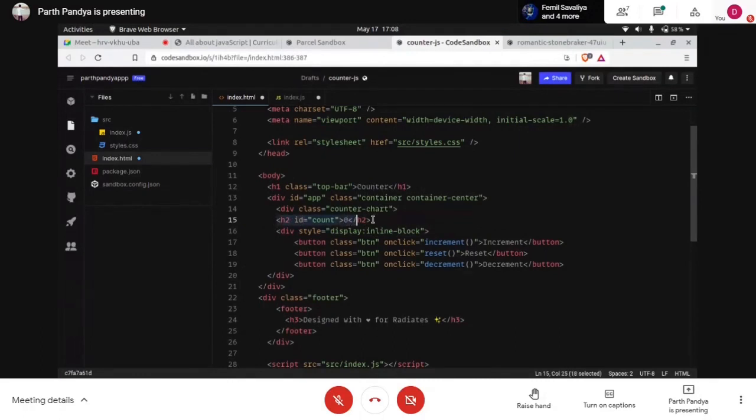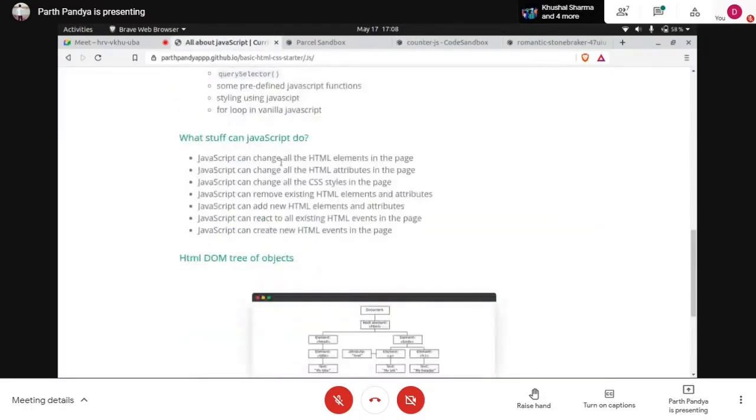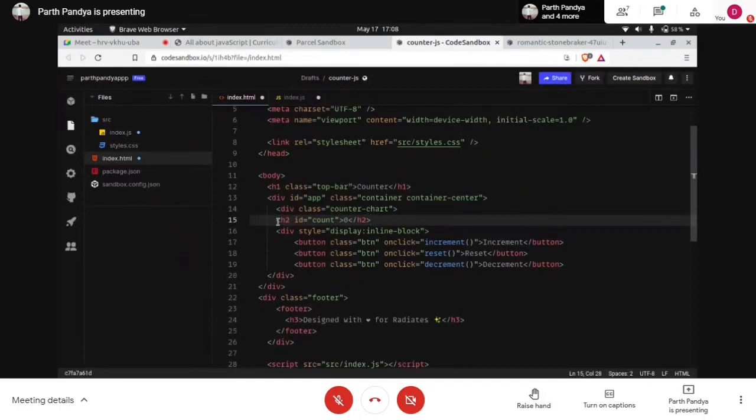So here we want to display it. And as we talked about before, JavaScript can change all HTML elements in the page. It can change all the HTML attributes in the page. So here we have an HTML tag, and JavaScript can change the content enclosed in the HTML tags. JavaScript is made for that.